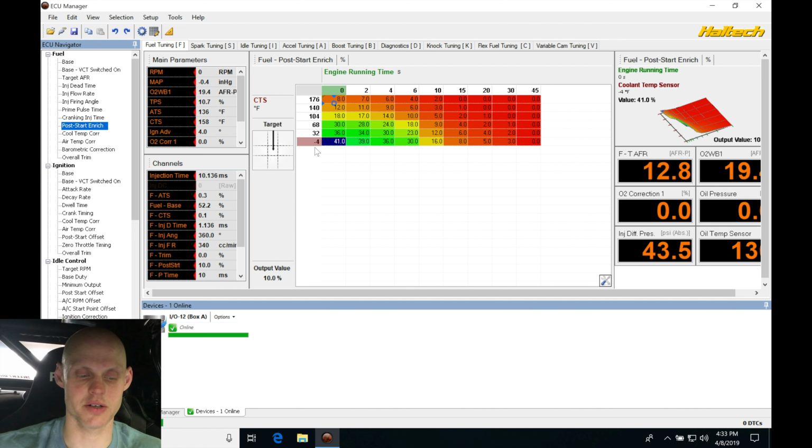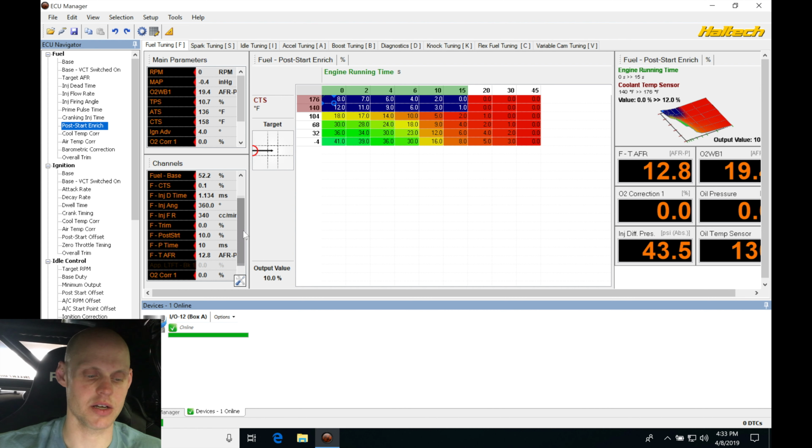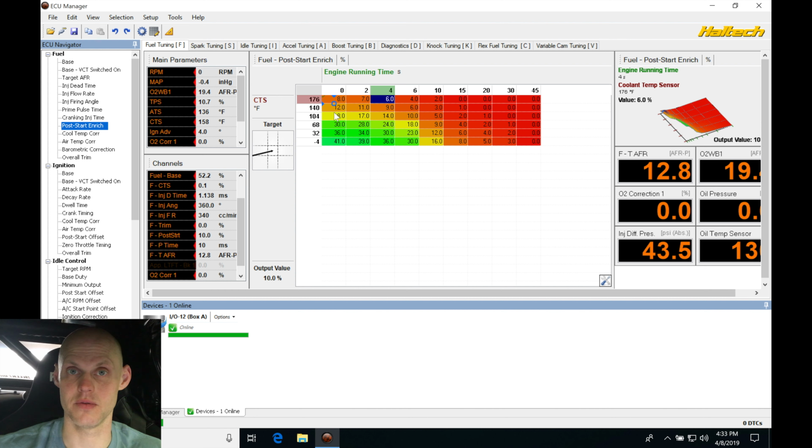Now, if it fires up and it runs lean, we can see our wideband reading right here. We can go in and add some more value into our table here, and chances are we might need to. We can take a look at what our status is here of the post-start. It's going to be showing us it's adding 10%, interpolating between 8 and 12. And then as time goes on here, after the after start time, after we exit the cranking RPM of 400 to 500, and we go into the post-start here, it's going to be transitioning to the table in time. And then we can see here, once we get to the last column, that's going to be